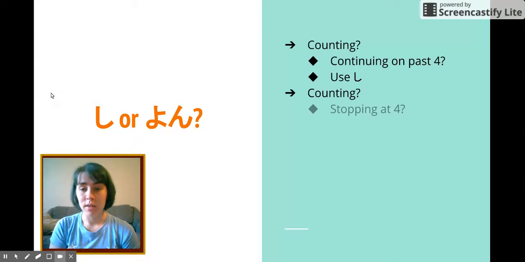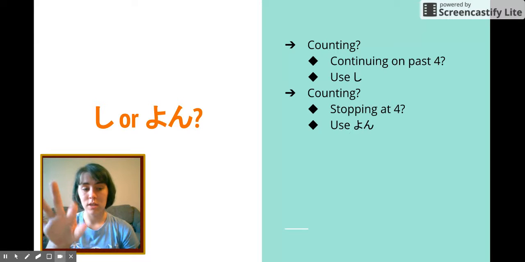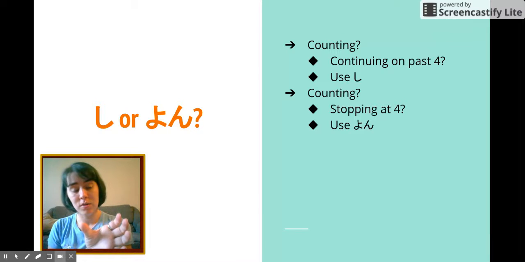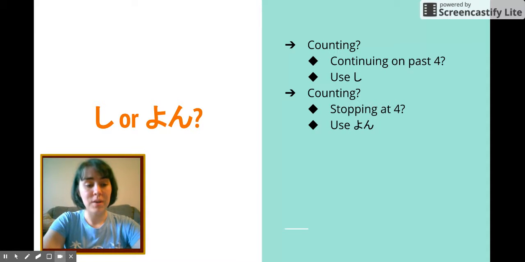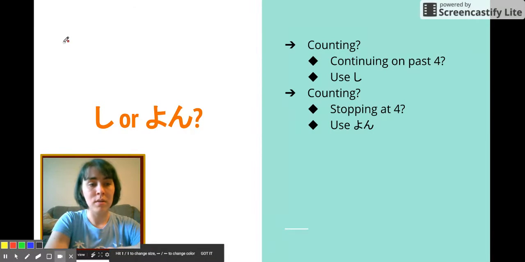But are you counting and stopping at 4? Then you'll use yon. Ichi, ni, san, yon. The reason for this is because when you're saying the number by itself, you don't want to say shi, because shi, when it's a number, is